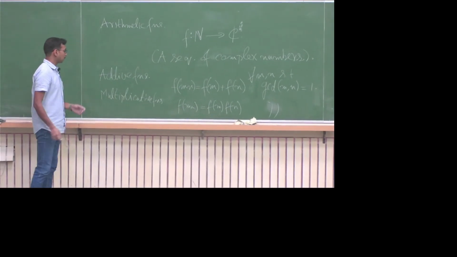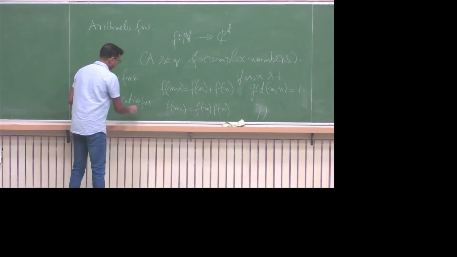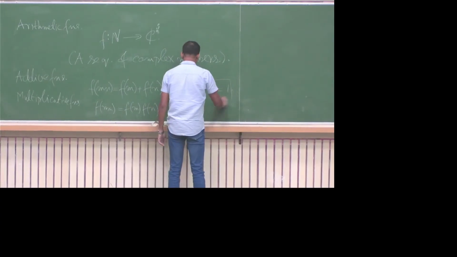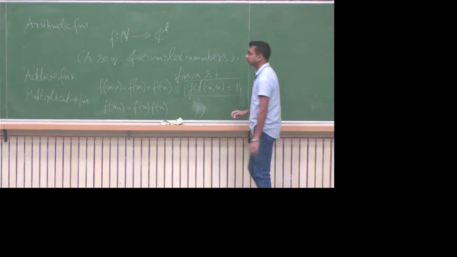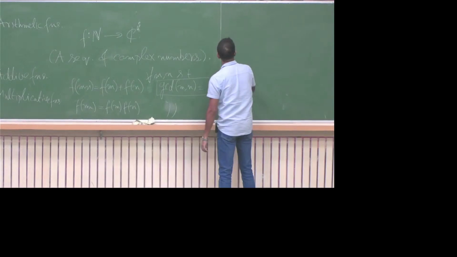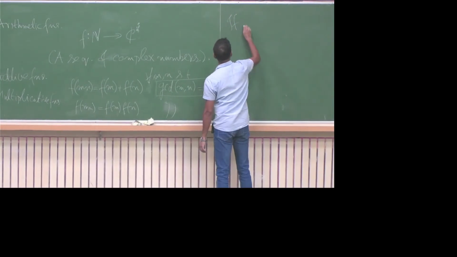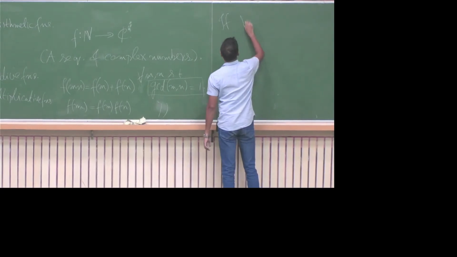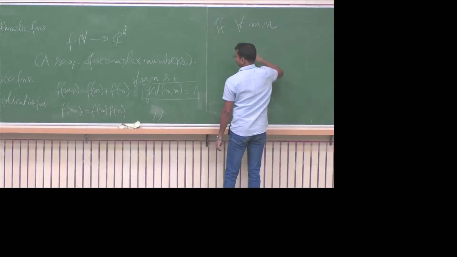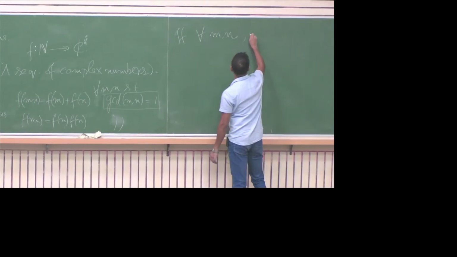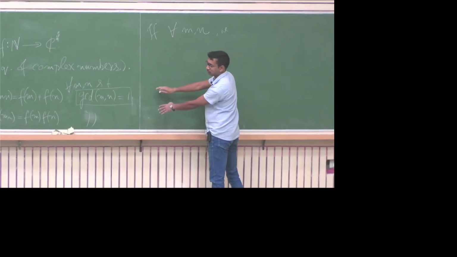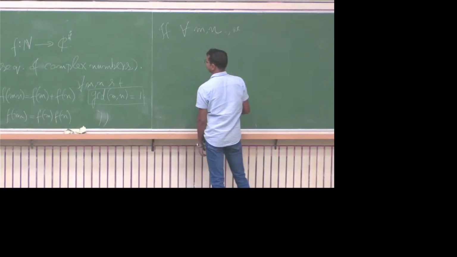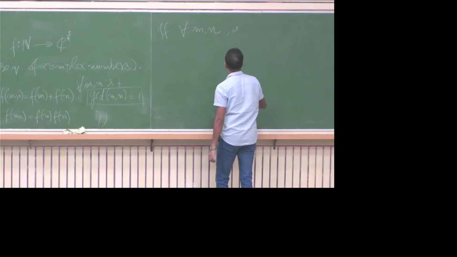Now these are called additive or multiplicative functions, and if you do not require this condition of gcd of m and n to be equal to 1, if these two equations hold for all m and n without this condition, we still have